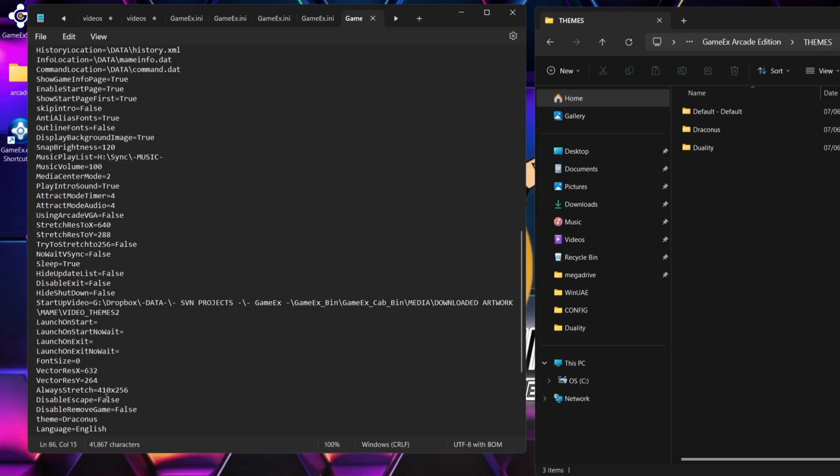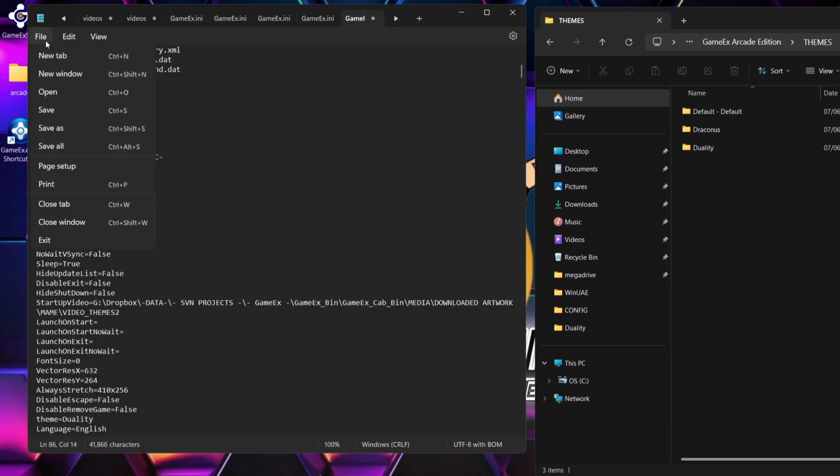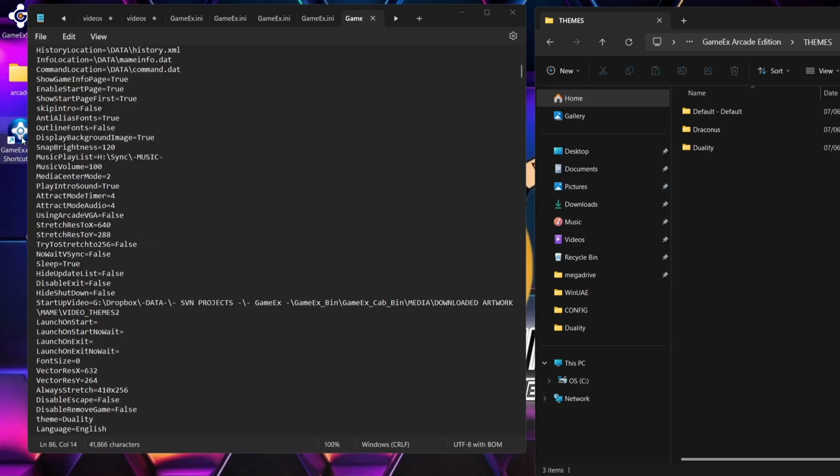Now if I go into that .ini Notepad document, if I then take away Draconis and I replace this with the other theme I've got, so it's going to say theme equals duality. Just remember to go to File and Save, and if we open up GameEx again,